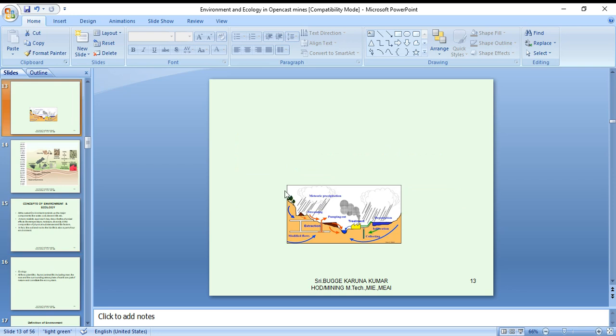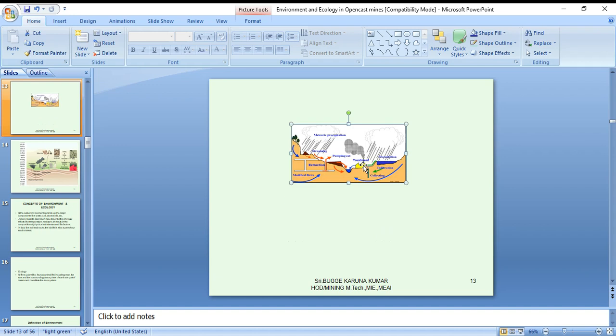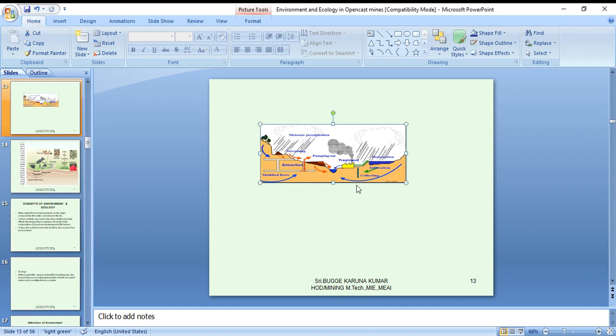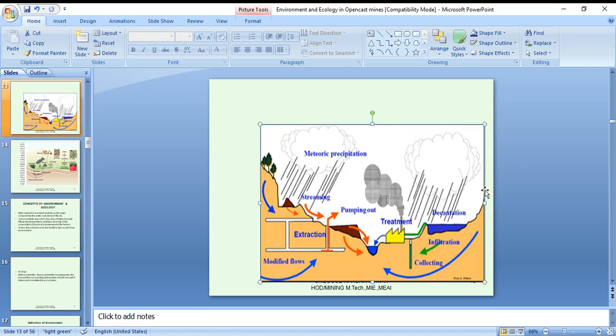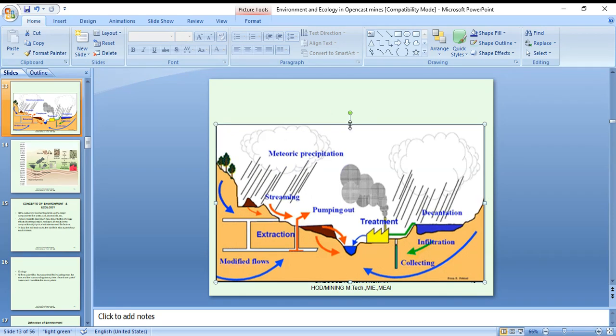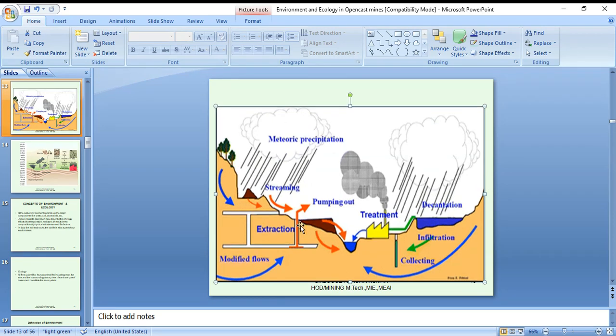Well, showing one beautiful cyclic operation of the environment. Yes, this is correct. Meteoric precipitation, this is the profile. Precipitation has happened.